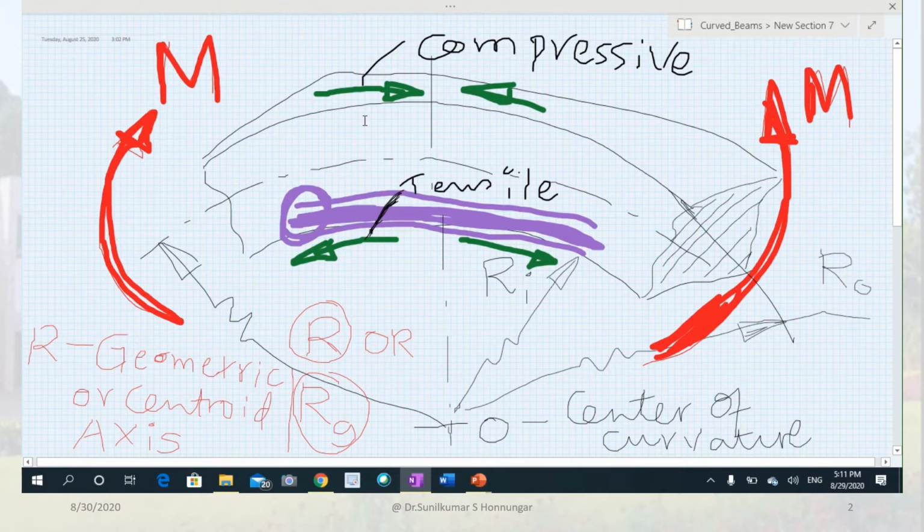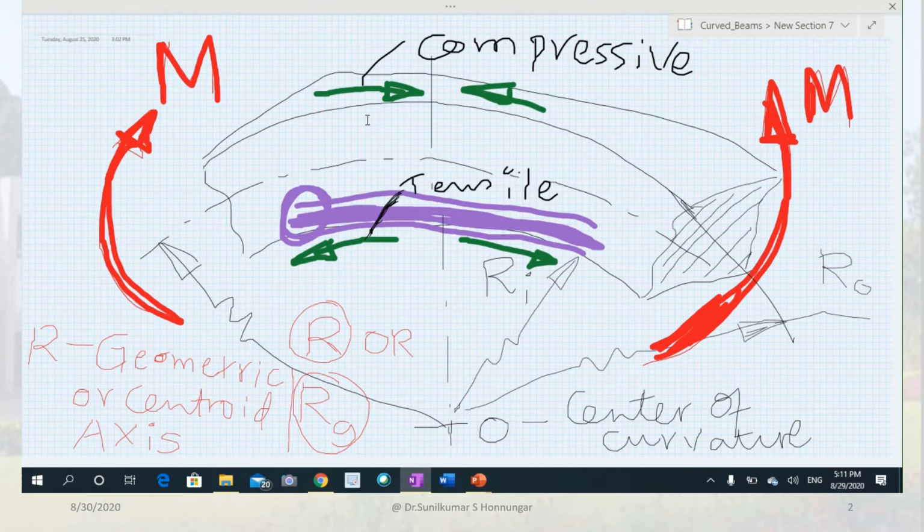Right, after seeing that straight beam, we will directly plunge into the curved beam. In fact, between what was shown there and what I have shown here, there are a lot of changes. You just observe that the straight beam was bent towards the center of curvature. Now the center of curvature was on the top side earlier, but now it is on the bottom side. And always remember one more thing, it is very important in your profession also.